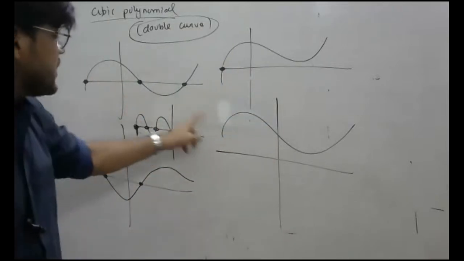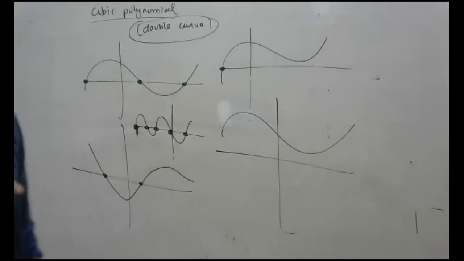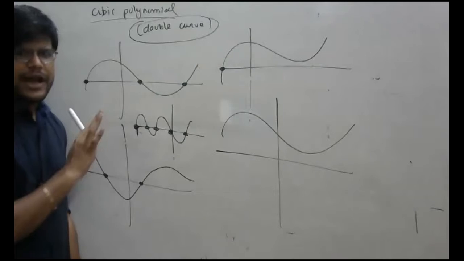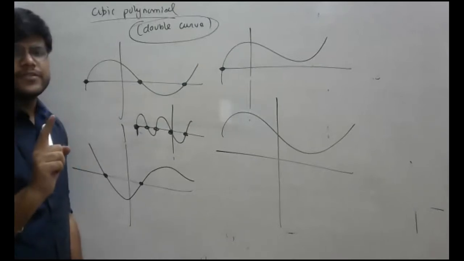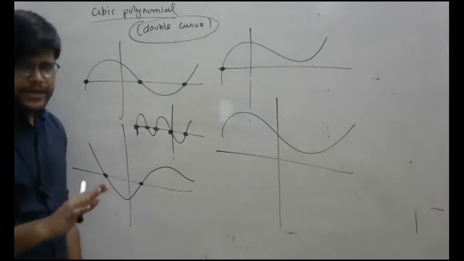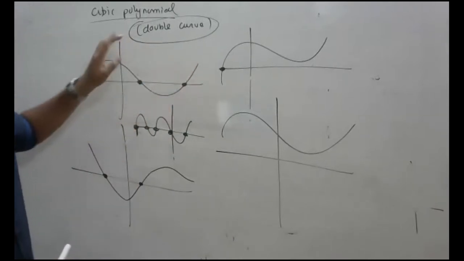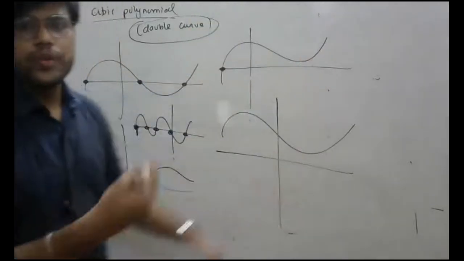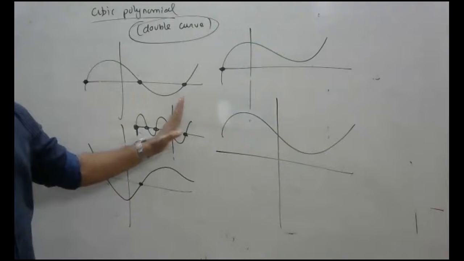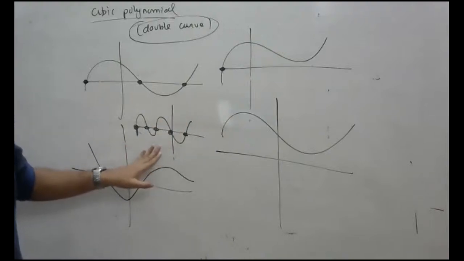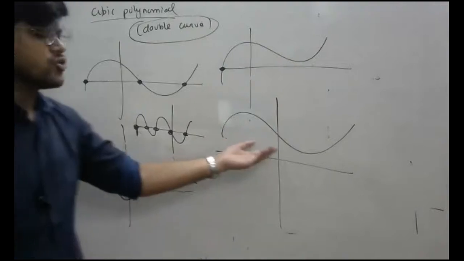Achha, can you tell me the degree of this particular polynomial? No, it may not be 5. Please understand. The degree depends on the curves. यहाँ पे 2 बार curve है, so 2 plus 1, it is cubic. Here, 1, 2, 3, 4, the degree is 5. But it is not compulsory that if there are 5 solutions the degree is 5, or that if there is no solution the degree is 0.